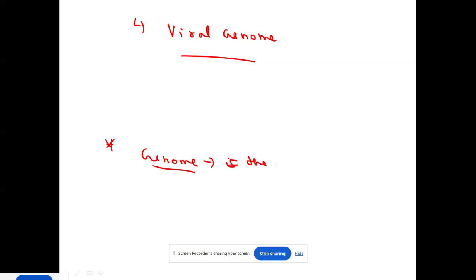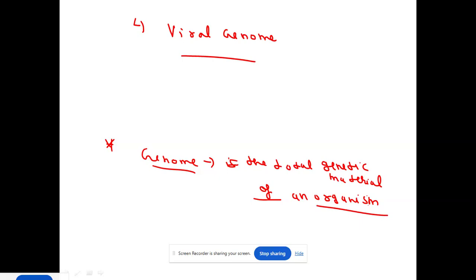Okay, great. So, firstly, I will discuss here the viral genome. Next feature will be my viral genome. But before that, I will clear what you mean by genome. So you can write here as a short note what the genome actually is. Genome simply means the total genetic material of an organism or a virus. Here I am saying viral genome, so I am talking about the virus. So the total genetic material of an organism, that is the genome.